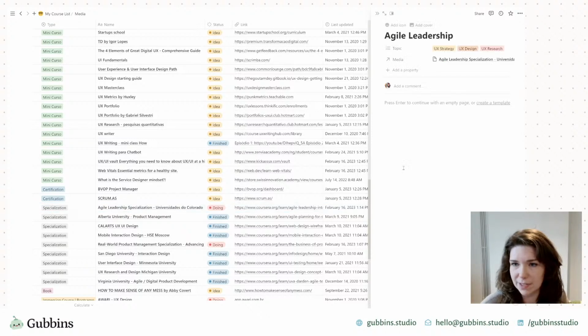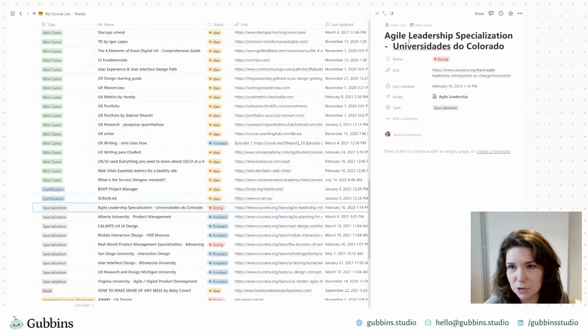So then if I went to these notes, say I'd gone to a particular video or a particular lecture and I was taking notes in this page, then I can link it back to the original course.